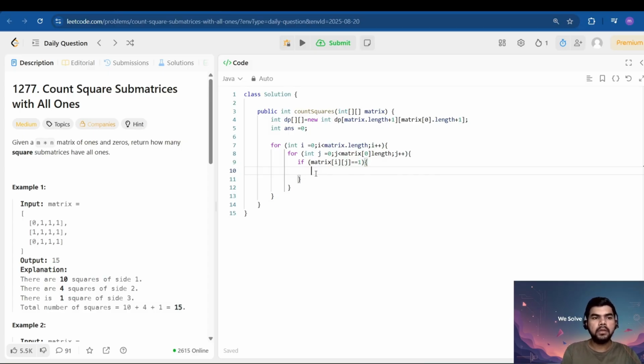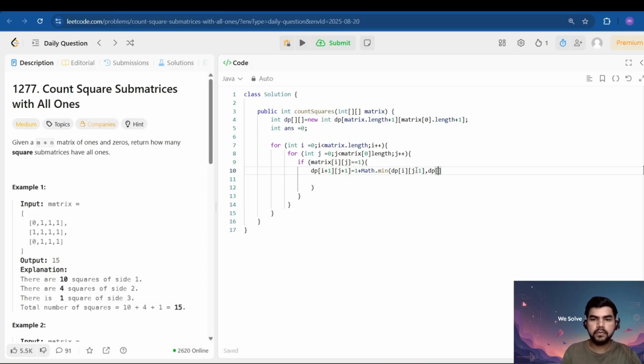So in the example we saw that we are taking the dp of i plus 1. Here I've added 1 in the dp, right? So I'll just do dp of i plus 1 while calculating it. If matrix of i, j is equal to 1, then I will add 1 plus Math dot minimum. So I'll check the minimum of the 3 calls. Whatever the 3 calls are, I will see dp of i and j minus 1, comma